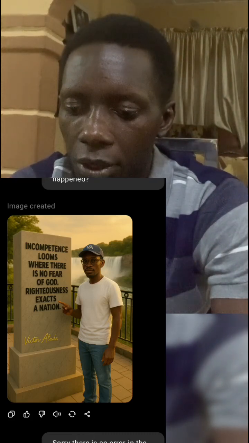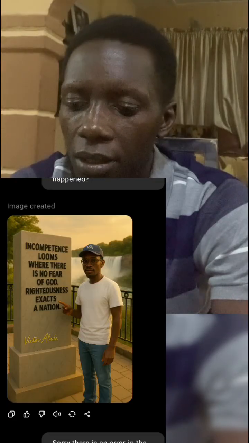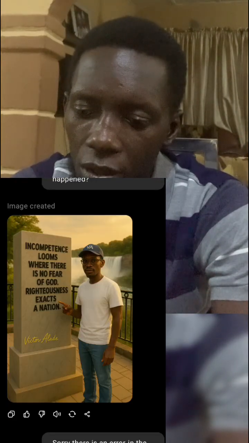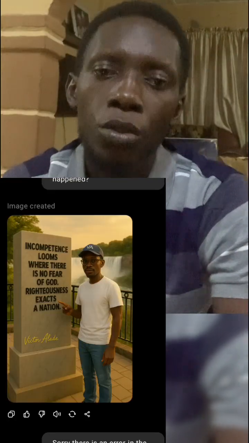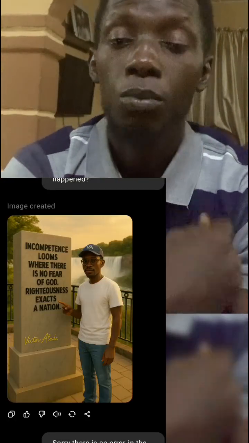However, there was a mistake. Somebody wrote, "Incompetence looms where there is no fear of God. Righteousness exalts a nation." So you have to pay attention. The words should be "Righteousness exalts a nation," right? But there was a mistake. AI makes mistakes. So that's why once you create anything, you don't just publish it without trying to vet and check, without checking if what you are getting